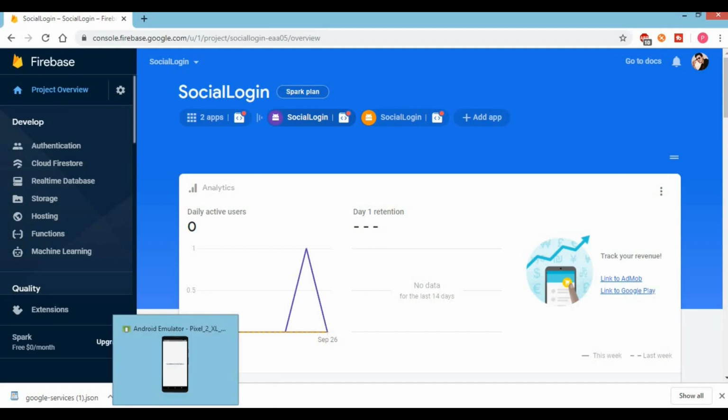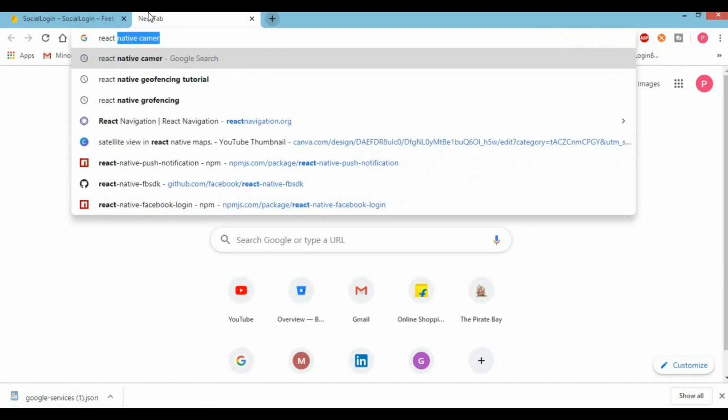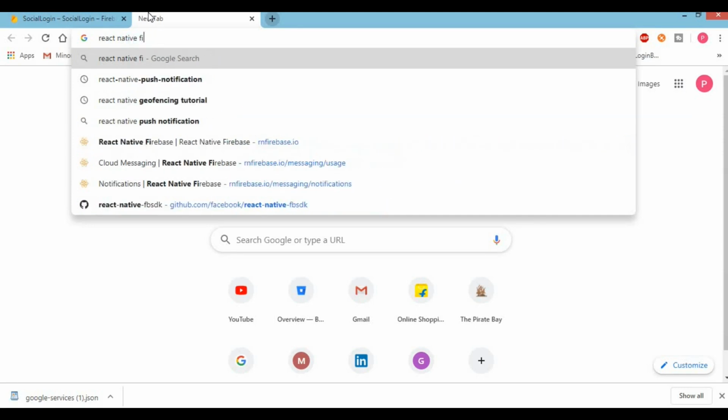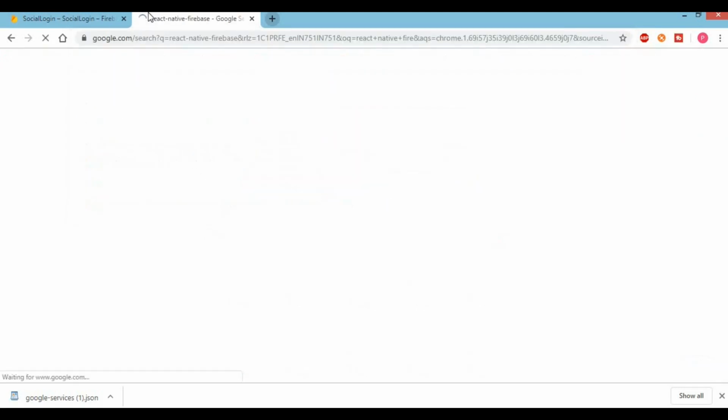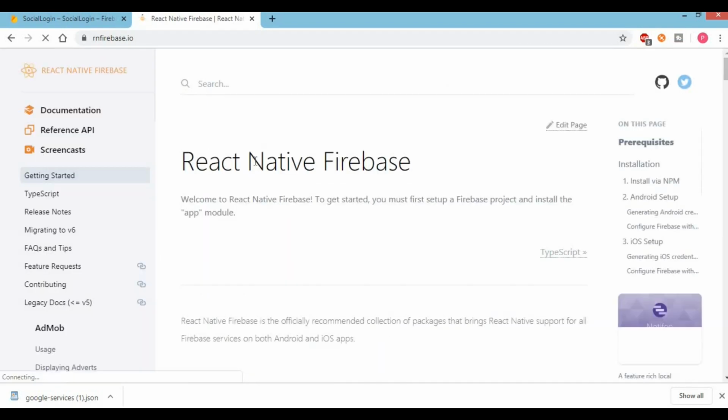Now to install the Firebase library inside your project, go to another tab and search for React Native Firebase, and click on the rnfirebase.io link. This will take you to the installation page of React Native Firebase to install this library.